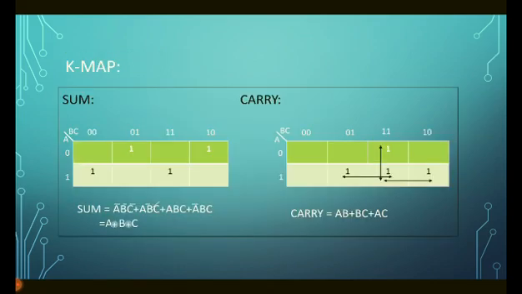So using the truth table, I have given the K-map. So sum and carry. So I have taken all the output values as 1 and I have given the K-map, and I have grouped only the even number of ones. So I have grouped only the even number of ones in carry and I have given as an equation. And in sum, I have given an equation for XOR gate. So this is the K-map.